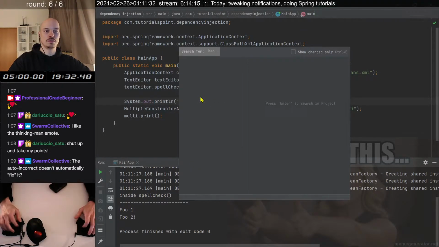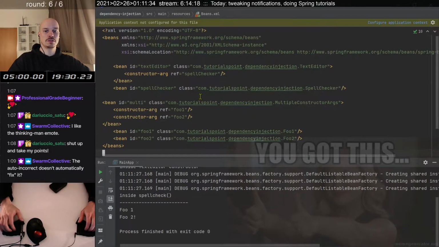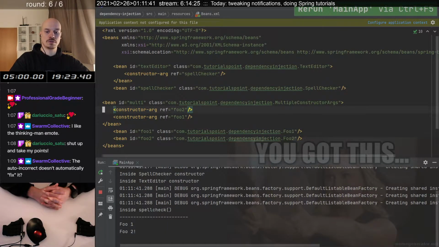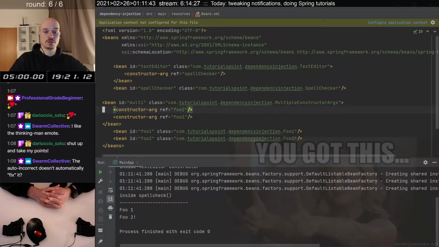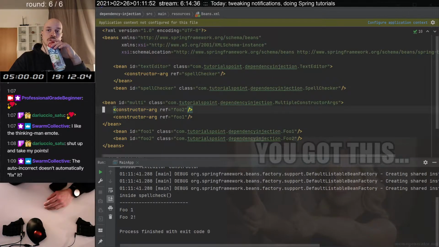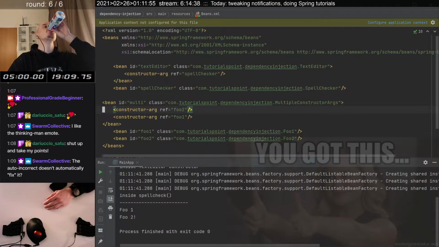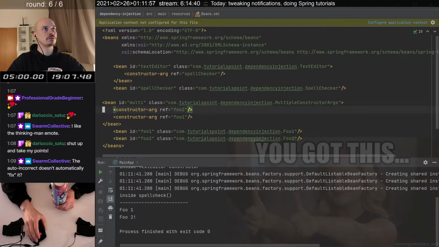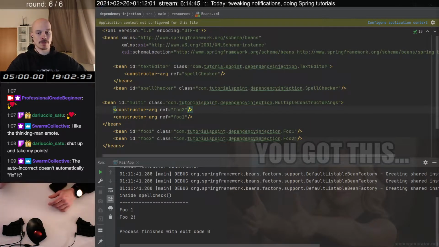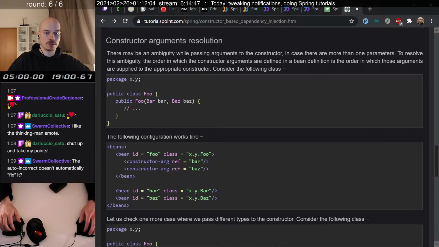So if we go to the bean specification and move them around, I run it, it should have an error. It works. That was a little bit unexpected. It works, but in the tutorial they said